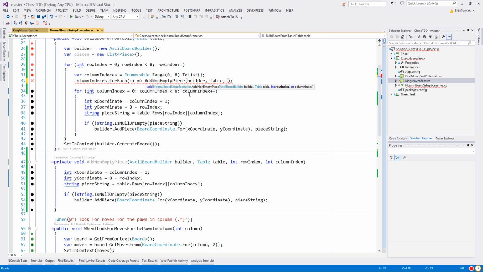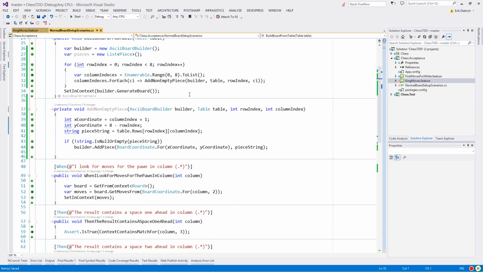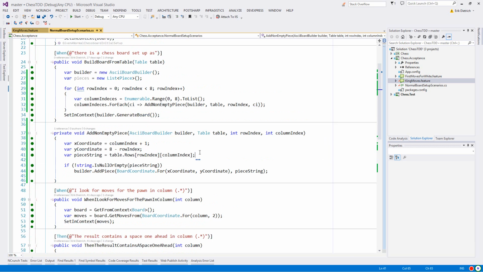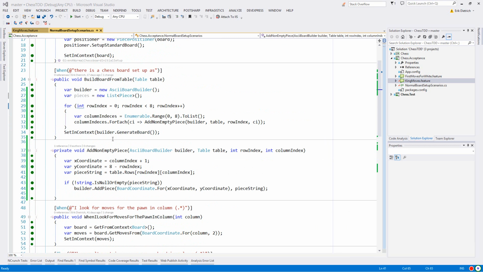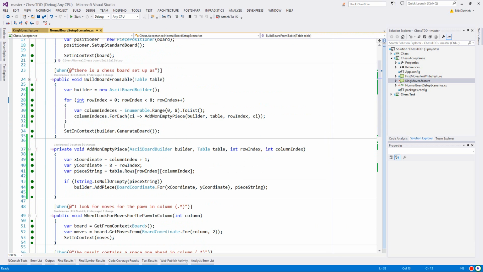So instead of having all that stuff that's now in the method, I can at least say that CI maps to a single call, even if it does have more arguments than I want. So this is getting a lot more readable to my way of looking at it. I'm going to say, okay, in each row, let me get all the column indices, and then for each of those column indices, I'm going to add a non-empty piece, and I'm going to do it with the builder and the table and the row and column. Could be better, but it also could be worse, as it was before I got in here and started doing this. So now that that's all kind of squared away, I'm going to look next for,